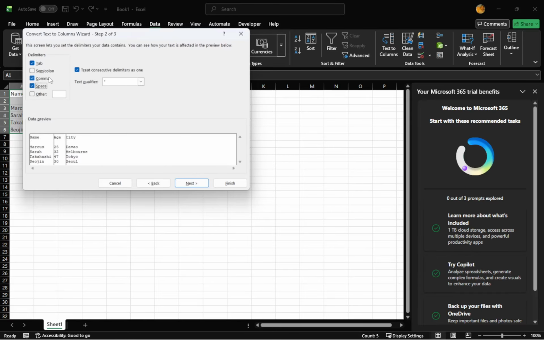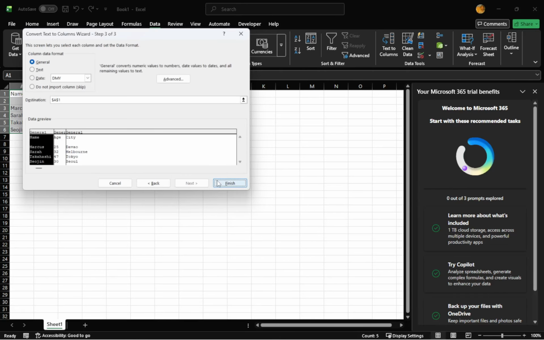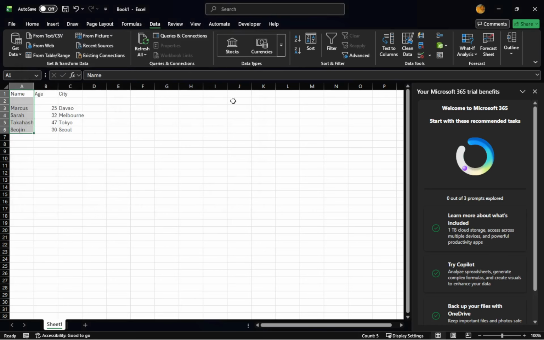An important tip to keep in mind is that your conversion will only work well if your Notepad file is structured. For example, data like name, age, city, followed by rows such as John, 25, Davao, and Anna, 30, Cebu will convert smoothly. If your text is messy or unstructured, Excel might not be able to organize it correctly.